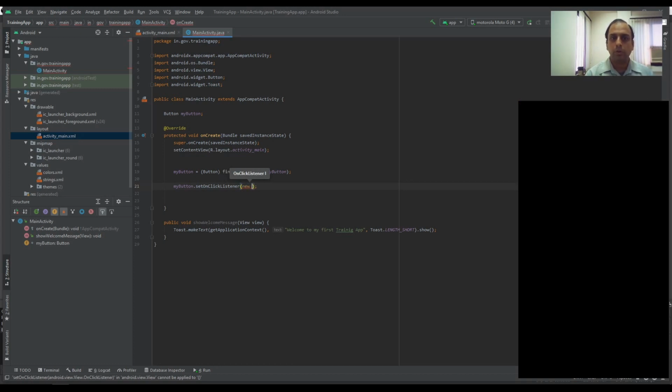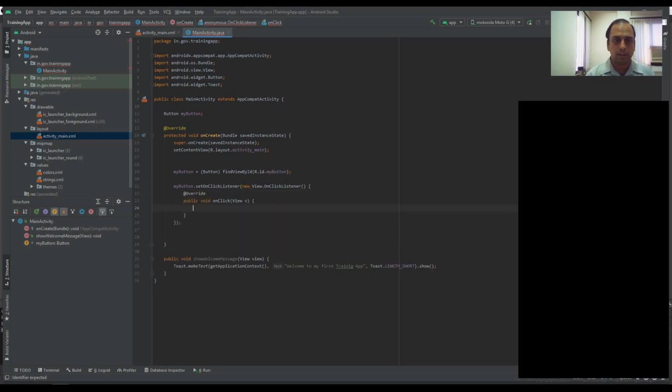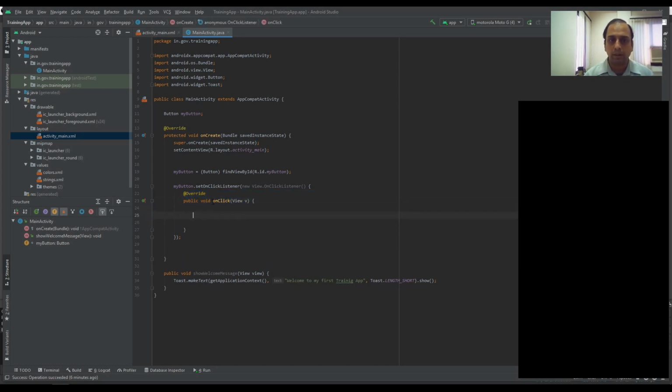New is a keyword which will create a new on click listener, view.OnClickListener, and see, it has created everything else. As soon as I clicked on view on click listener, it created an overridden method onClick. If I delete it, it will give an error because it needs at least one onClick function. So onClick means what will happen when the button is clicked.